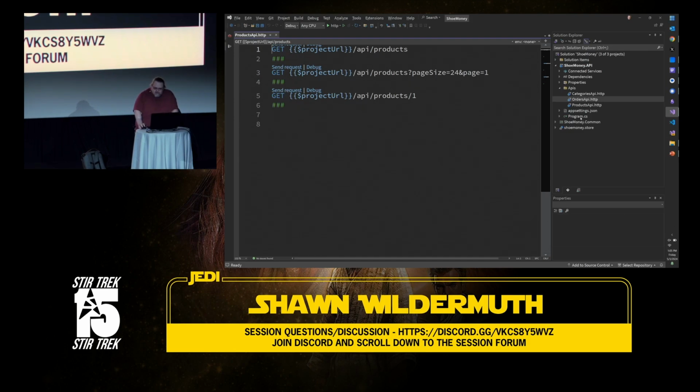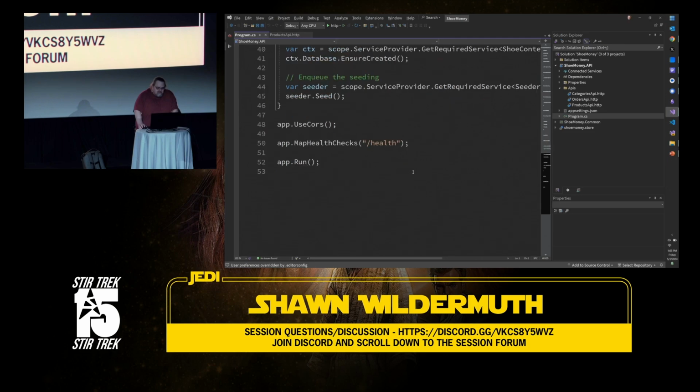So I'm going to just start in Program.cs. This has a bunch of stuff in here about setting up my database and things like that, but we're going to ignore all that. I'm going to come down here right before run, and I'm going to create a MapGet. This is the minimal API. I can go directly and say, go ahead and map the specific verb to the specific piece of code I'm running. So if I say API foo, I've now created an API, right? Probably not the best API in the world, but if we run this,